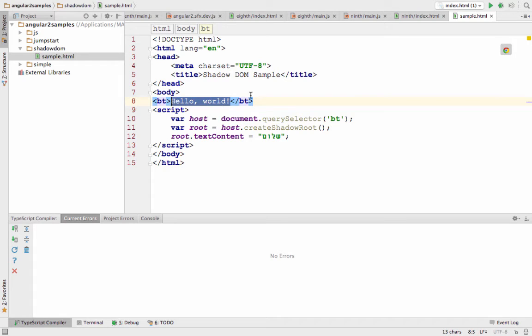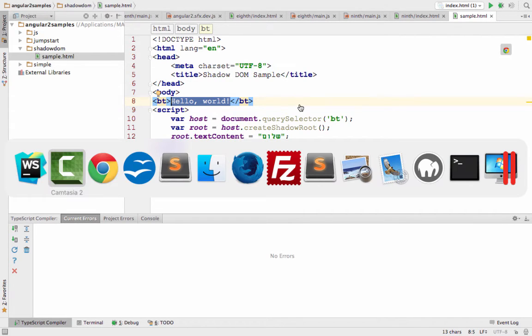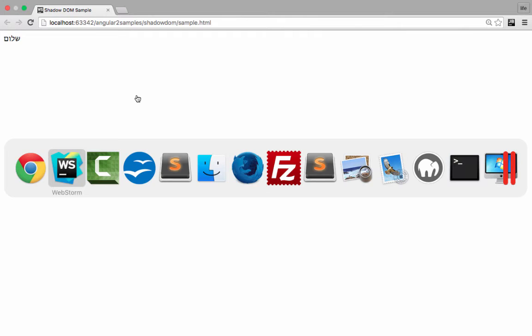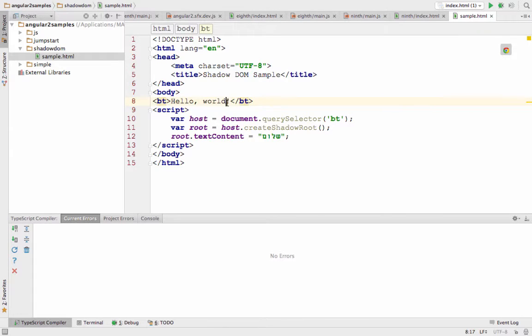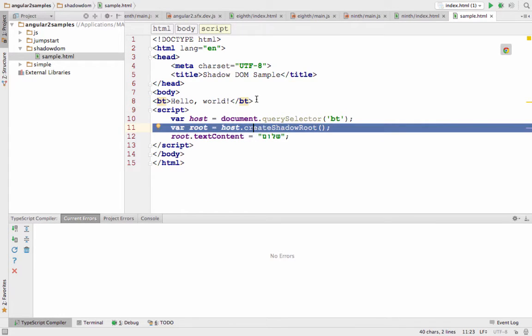be displayed. If we try to execute this code sample, as you can see, we don't get to see this text hello world, because we took the object that represents this element and turned it into a shadow host object, which means that its content is not displayed. Instead, we get displayed the content of the shadow root object we created over here for the object that represents